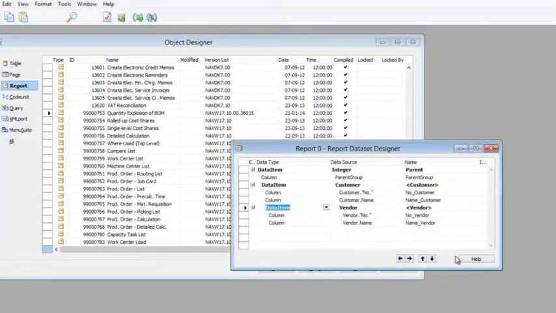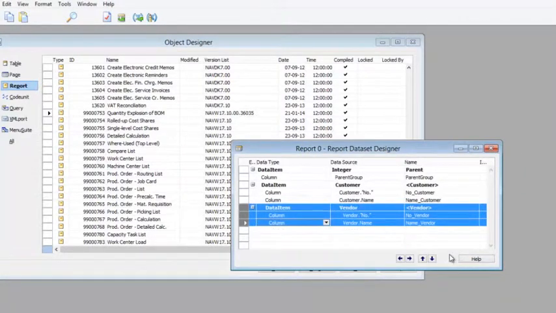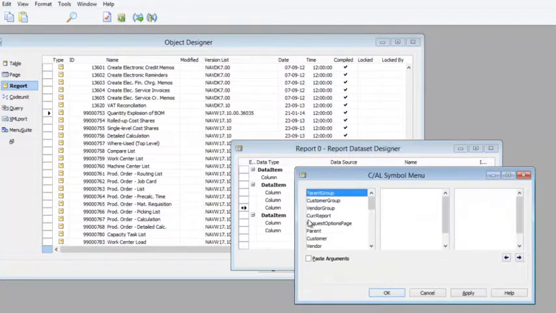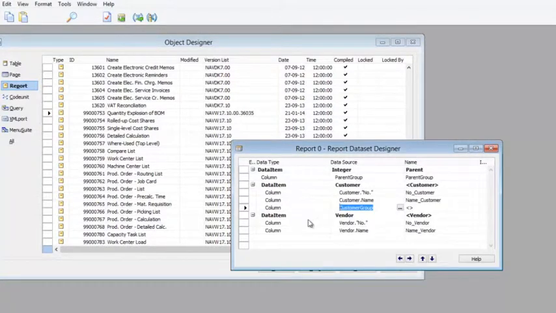Now notice that the data item vendor is indented underneath the customer. I don't really want to have that. I want to have it on the same level. So I want the data item vendor to be adjacent to the customer data item. So I will take the indentation level one out. And I also see that I need to have the customer group here. So add my customer group. And in the vendor, I need to have my vendor group.